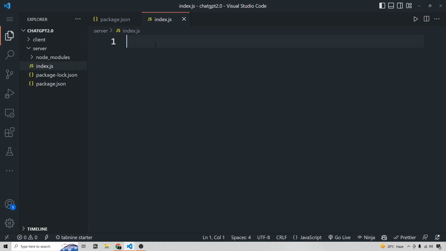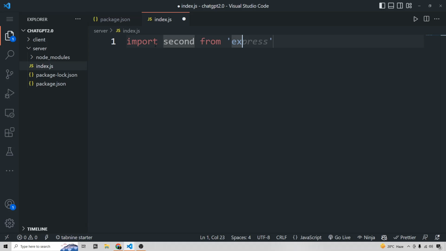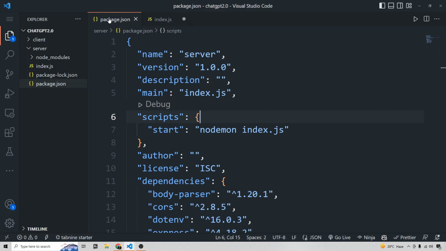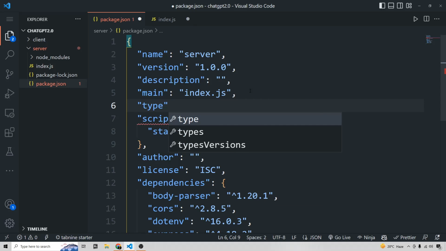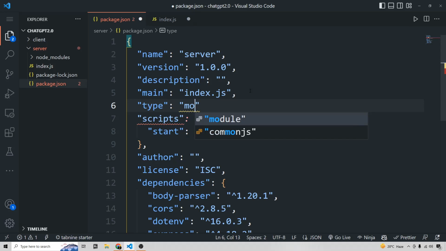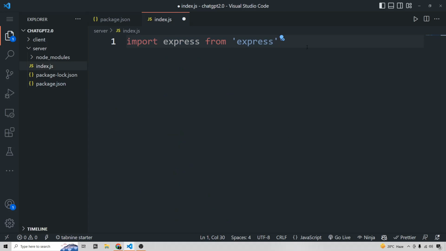So first step first, let's import all the required packages by writing imp. It is a shortcut of the import statement. Hit enter button and I have to import the express server. By the way, as we are going to use these import statements, we have to make a change in the package.json, and here I am writing the type of our app. So inside the double quotation it should be the type is module. Now we can use these import statements, otherwise we have to use the require statement, which is an old method